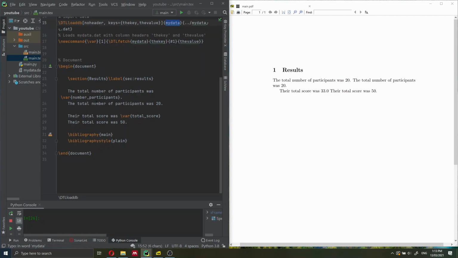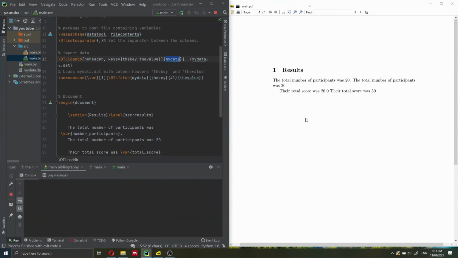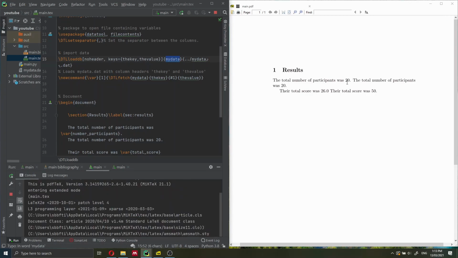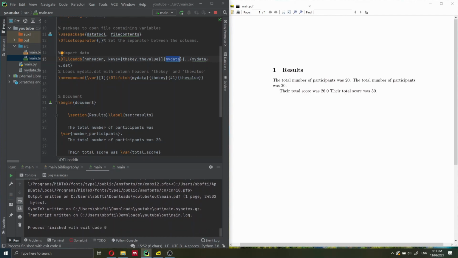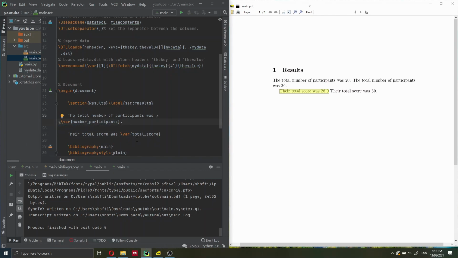So let me run this LaTeX file again and compile it. You will see that the values are going to be updated automatically here on the right screen once the document is compiled. You can see their score is 26 because it changed, but the second sentence, where the variable was hard-coded, unfortunately didn't update. So let's delete this line here because we don't want to show it, and I wanted to show the downside of hard-coding it over there.